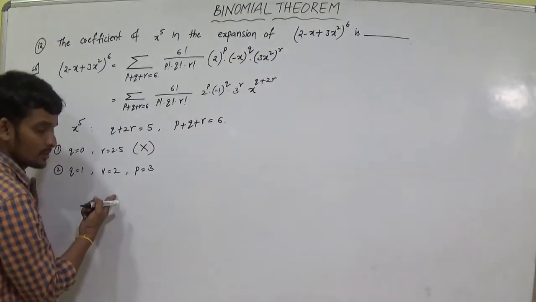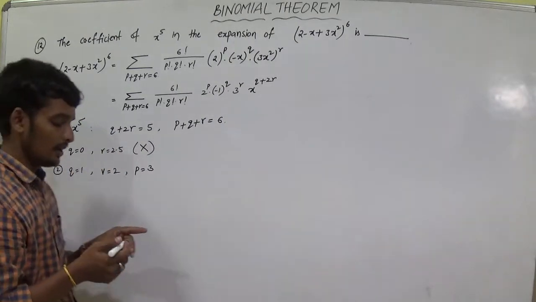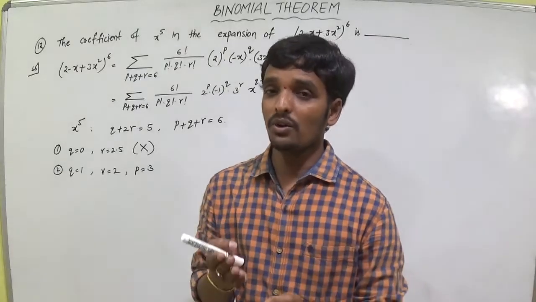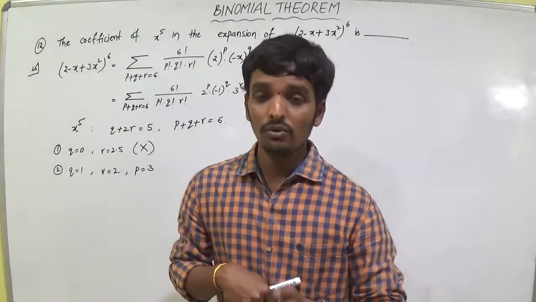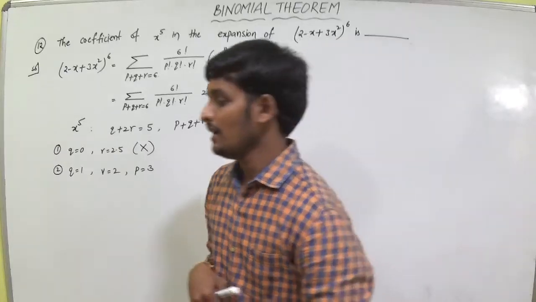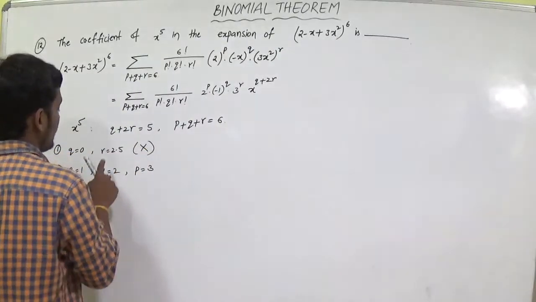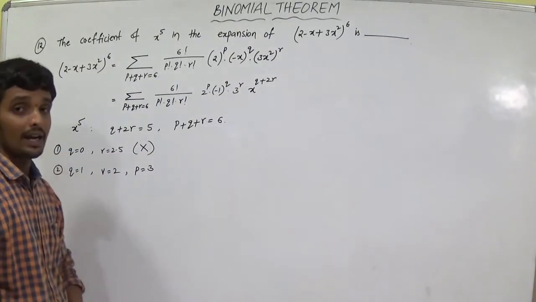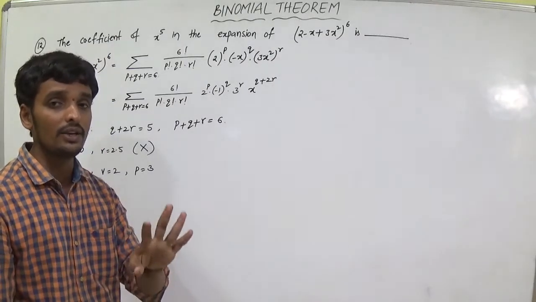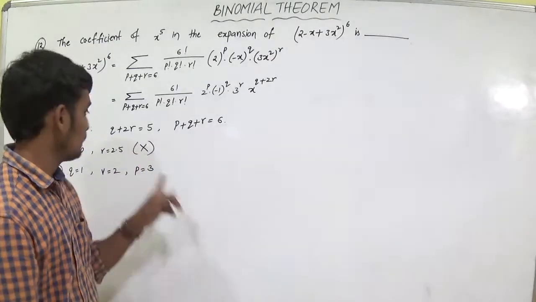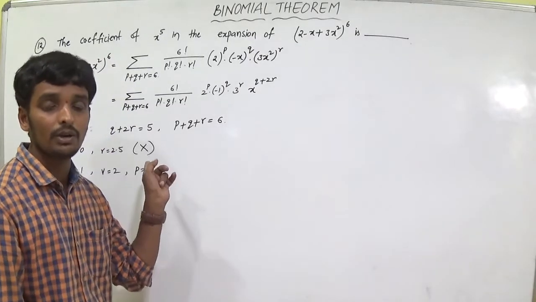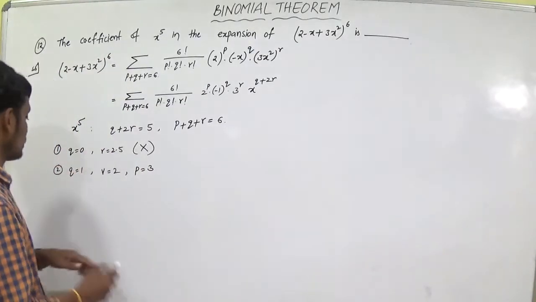Have you understood? This is a linear equation in two variables. In that method, we take one value on our own, and we get the second value from it. In the same way, I took q is equal to 0 and got r is equal to 2.5. Already we have discussed that the values of p, q and r are non-negative integers. But this is not an integer, this is a rational number. So the case is not applicable. Now I am taking q is equal to 1.